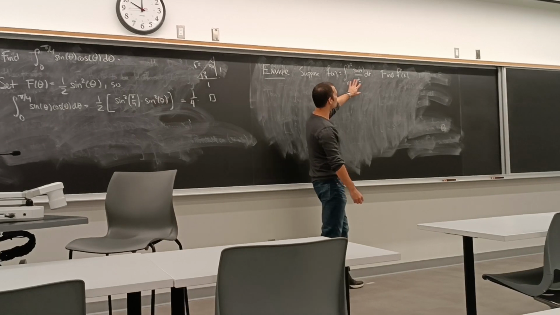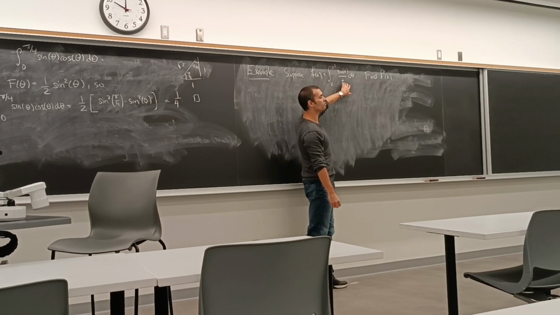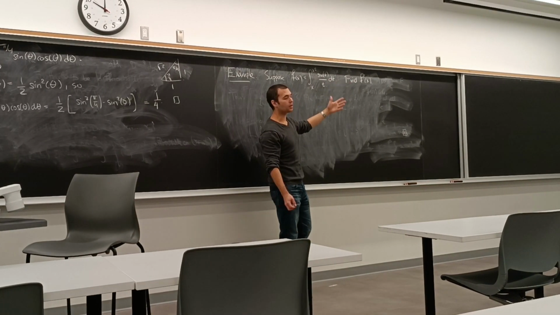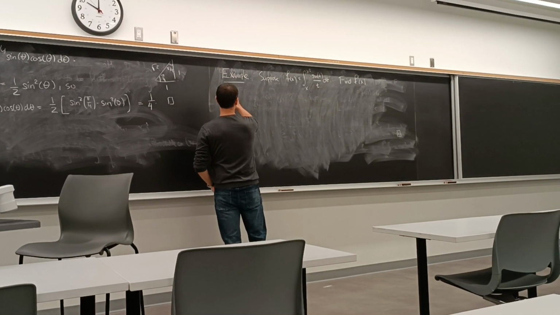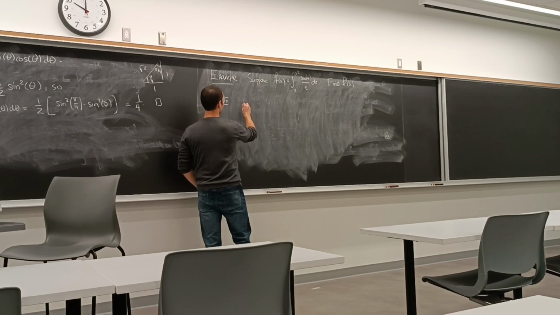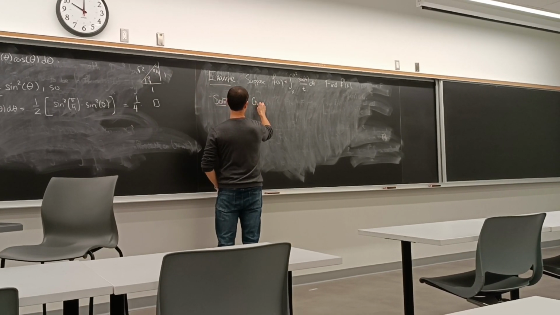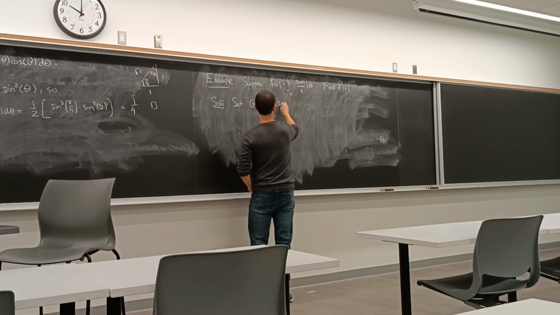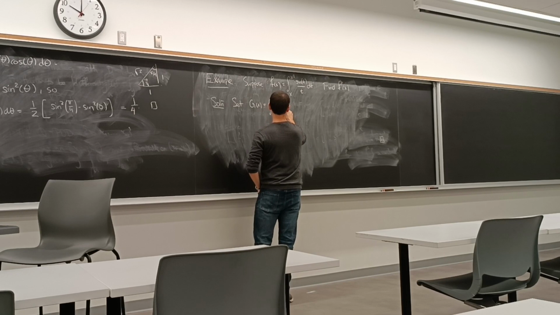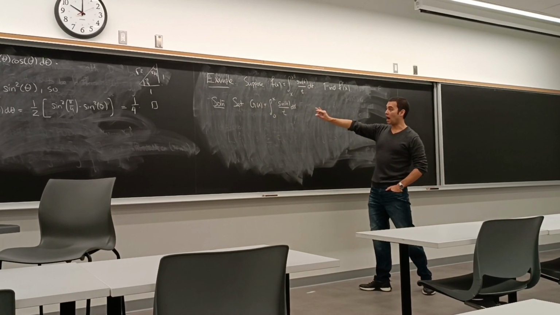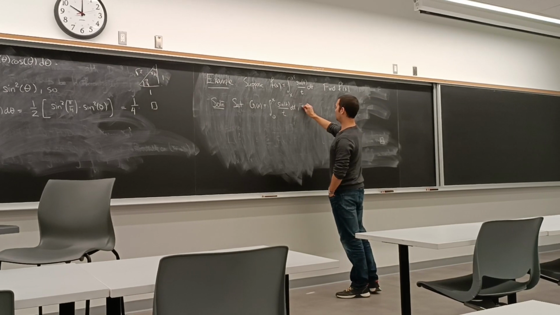But that being said, if you could figure out an antiderivative for that, you could plug in x squared, plug in x, and differentiate. You'd be fine. Okay? But let's suppose we didn't know how to do that. All right, so let's set, I'm just going to call it g of x, to be the integral from 0 to x of sine t over t. Right? So, by FTC1,